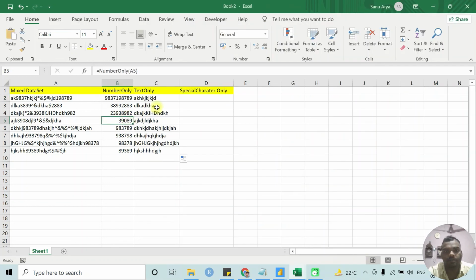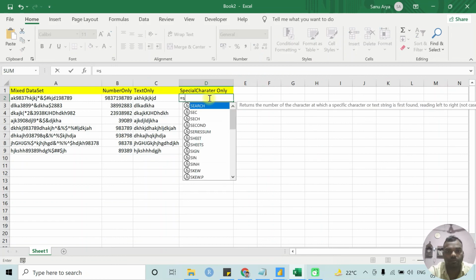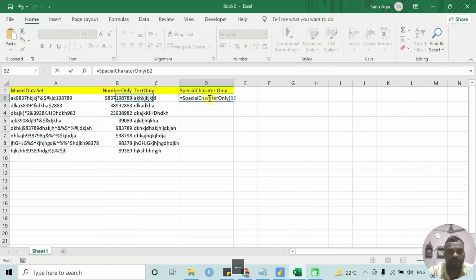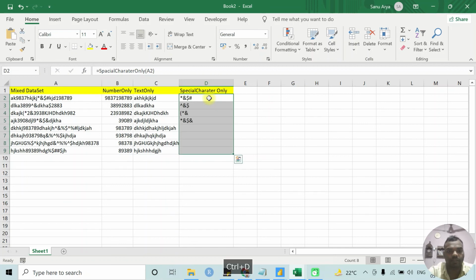We created the same function. Now you can see special character only. Yes, great. Drag this down.